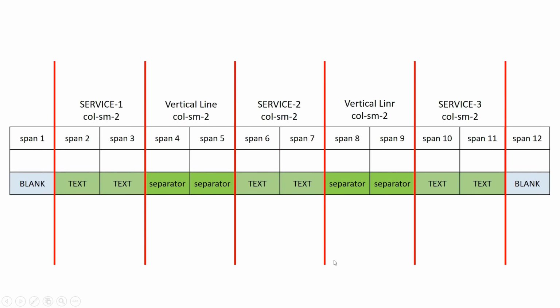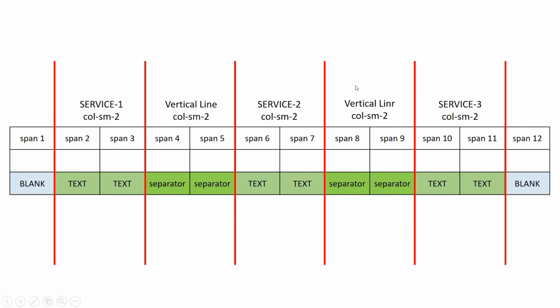Now before going any further, I would like to explain how I divided the screen. Bootstrap divides the screen into 12 columns of equal size. You can see these are the columns, there are 12 of them. Now to make things simple and easy to understand, what I have done is divided the screen this way. I have left one column width blank at both the ends. You can see this is blank and this is blank. Then we are left with 10 columns in the middle.